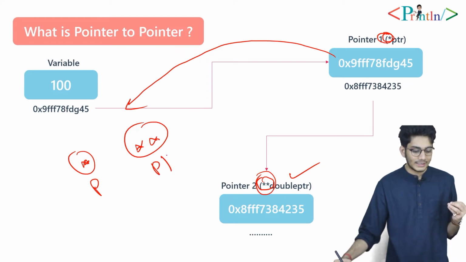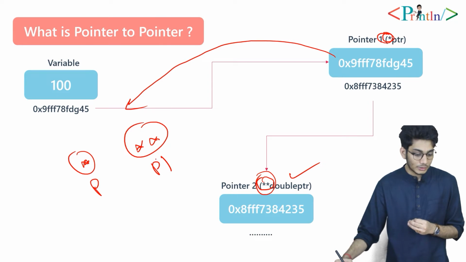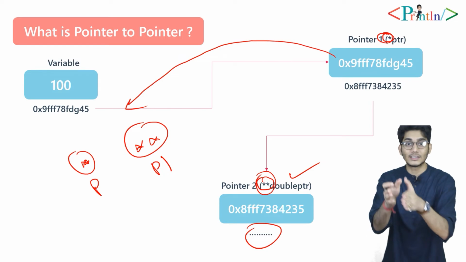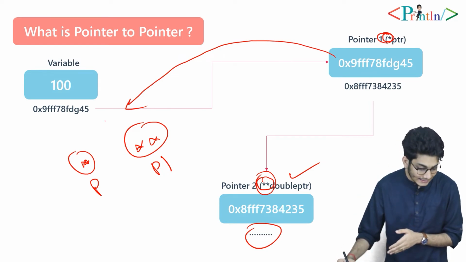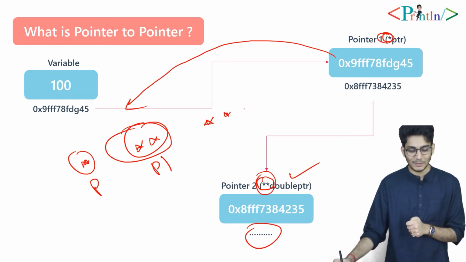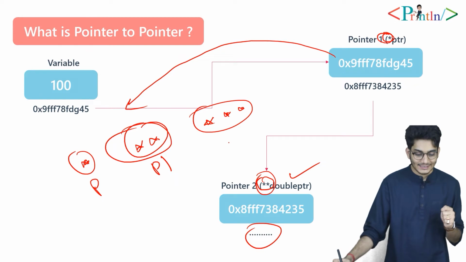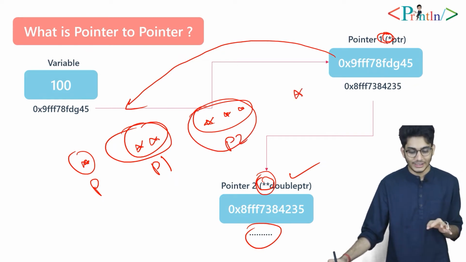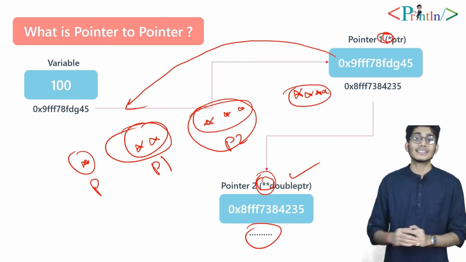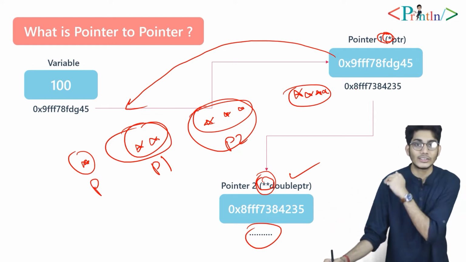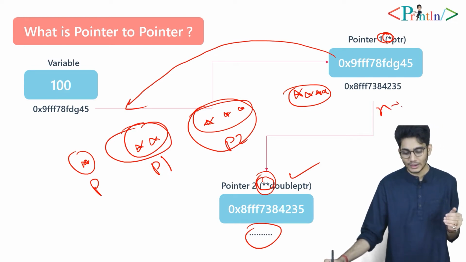So p1, let's say that we will store, we are also allocating this block somewhere in our system, right? So it also has an address. For accessing the address of this double pointer we need a triple pointer like this, and for accessing the address of this pointer we will have 4 stars. So this is how these things go on. Every time we store the address of any pointer, we have to go n plus 1.